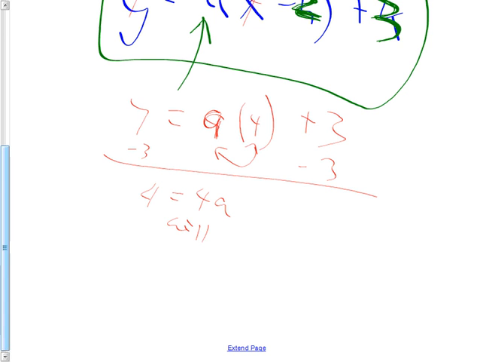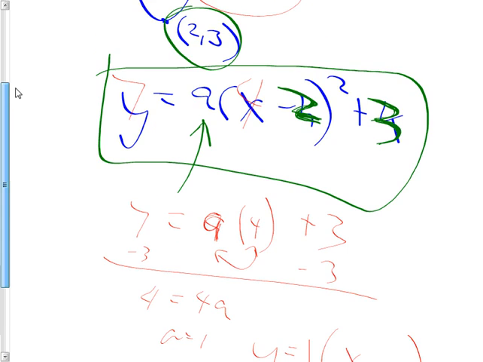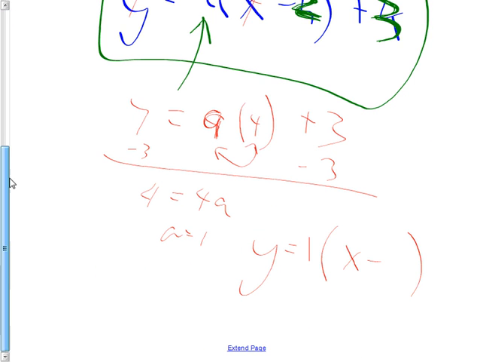No, I don't want to just say A equals 1. I want to use that in the equation. Y equals A, which is 1, times x minus, and then what do I do again for my vertex? They gave me the vertex, 2 comma 3. So I put in a 2 squared